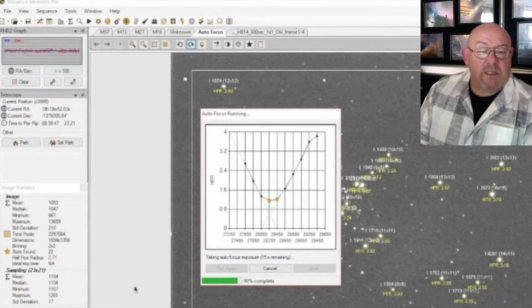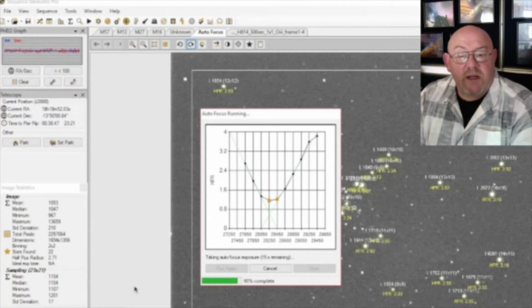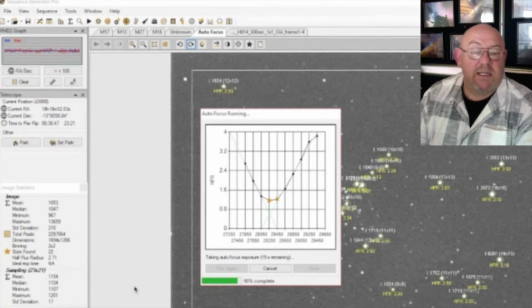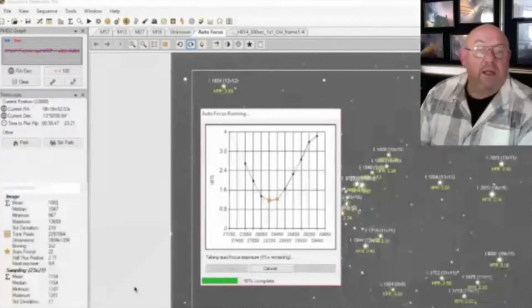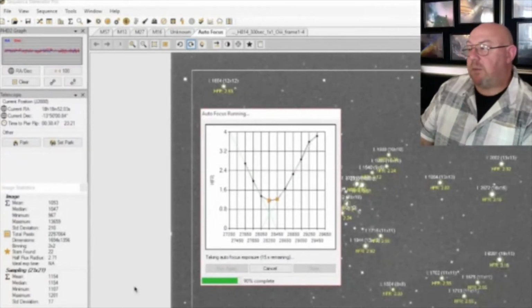We're now pointing directly at the target. The target is now in focus. The guide camera is tracking the object. The software is now taking images according to the filters and exposure times listed out. What I'm going to do is actually show you this, not in real time. This is 20 times sped up.